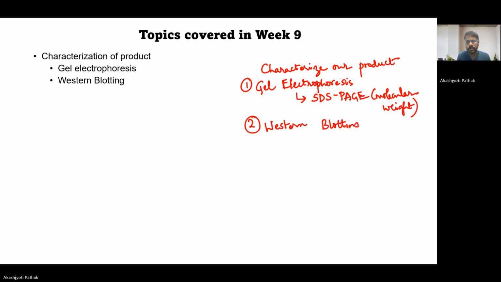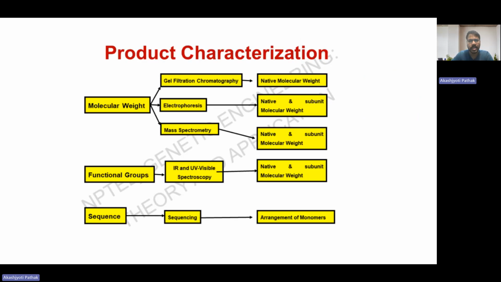Okay. So we will mainly learn about these two techniques in today's problem solving session. So how can we characterize our product? Based on the molecular weight, we can either